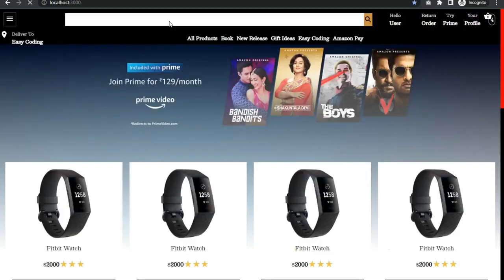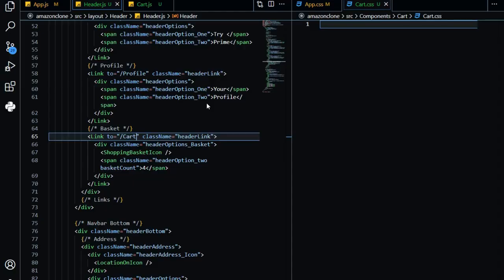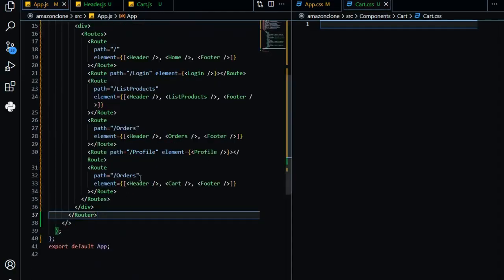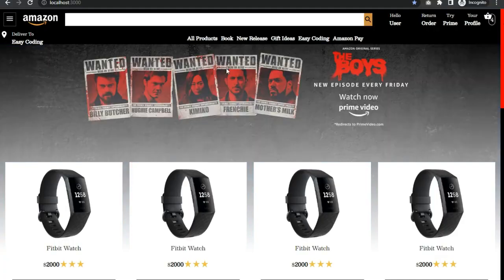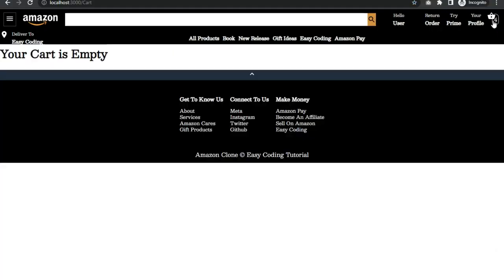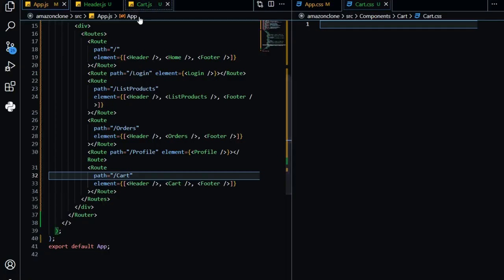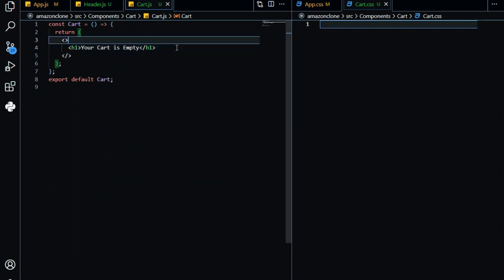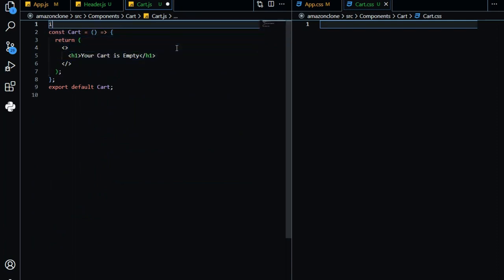So guys, when I click this root, I need to change the root from orders to cart. So when I click this, it goes to the cart. So cart is empty for now, and let's make it. I'm going to import the cart.css file. Import cart.css,